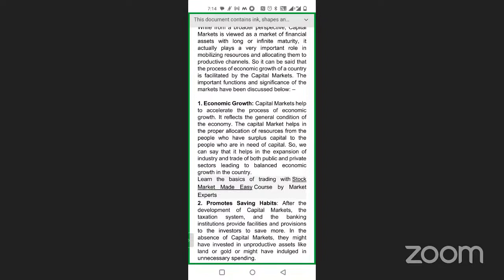That means in the Indian population, more than 70% enroll themselves in banking organizations, and very few people have registered themselves in the capital market. But still, capital market's first function is that it will accelerate economic growth. Now, how with the 30% population,